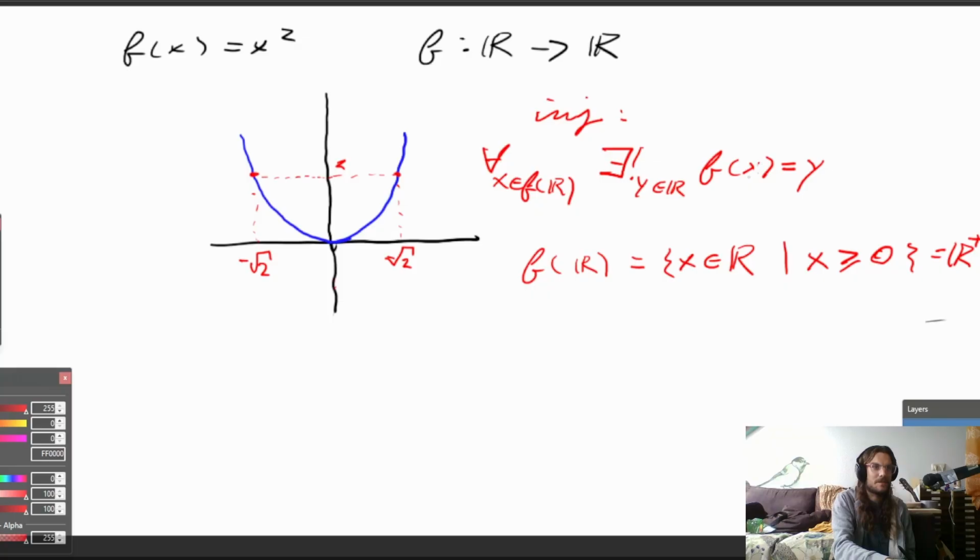These should be swapped. The x is in the range, so f maps to x. Y is in the domain, so it gets mapped by f, like this. So in this case we choose our x to be 2, and then we say there's an x and a y and a z,